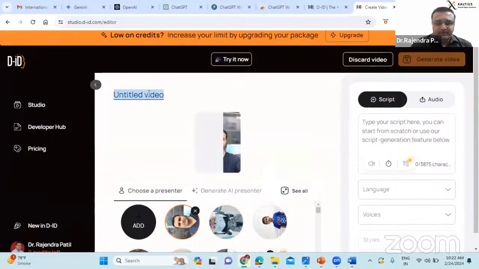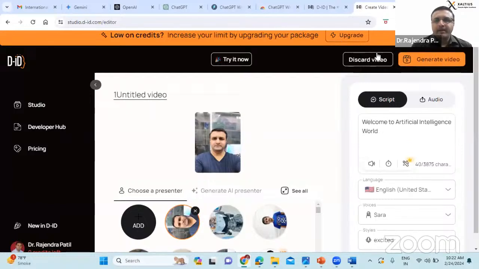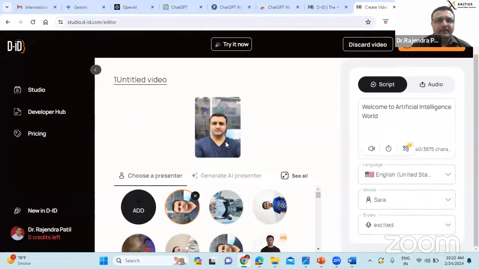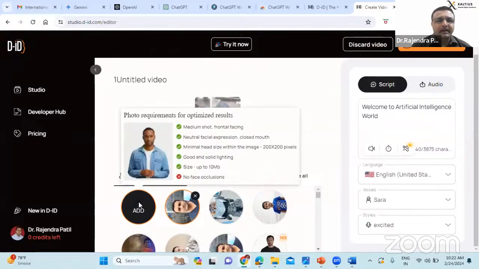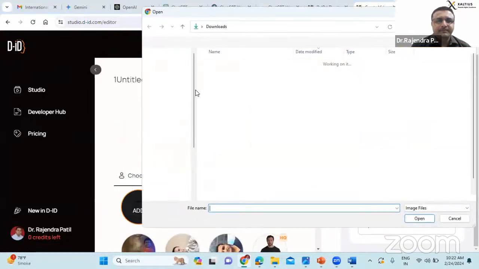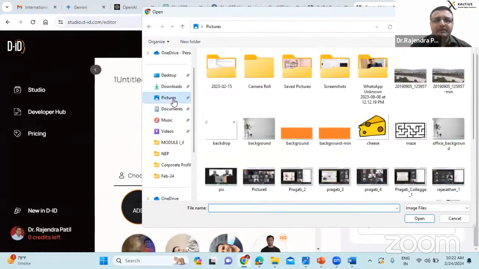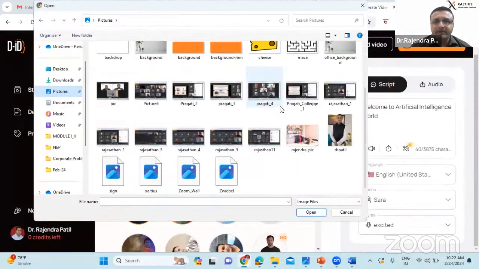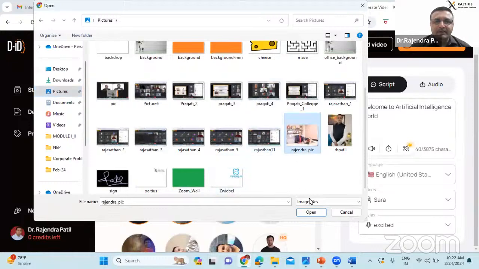Demo 1. Then select the photograph. You can just add your photographs from your pictures. Now this is my still picture.